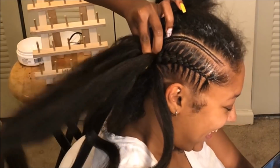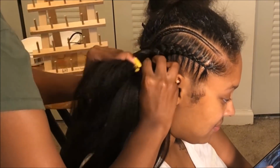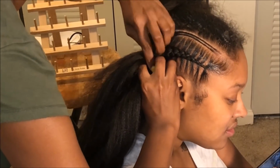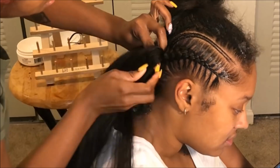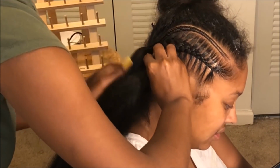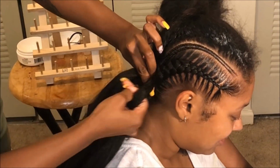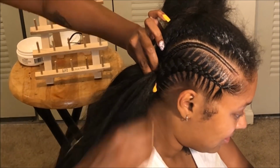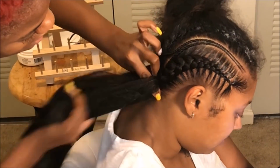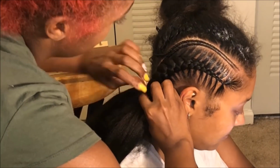So this is where it starts to get a little bit tricky because there's a curve. Just do your best with adding in the stitches. They're obviously not going to be perfect at this point because you're kind of braiding downward, but still try to make sure that your parts are as straight as possible. And also make sure that you're gripping the hair at the nape of the neck tautly but not too tight,